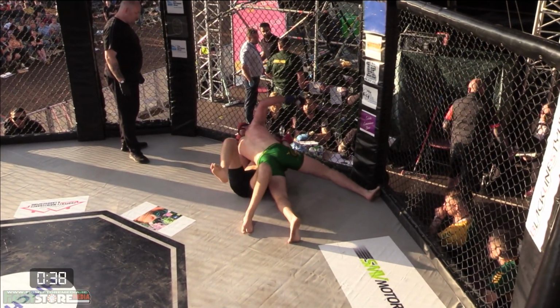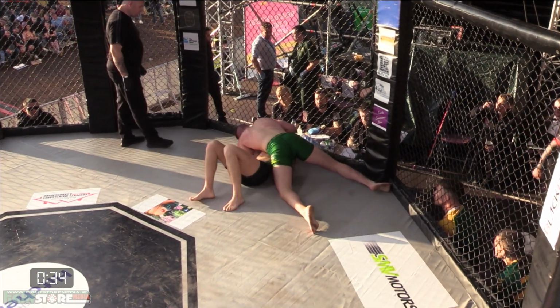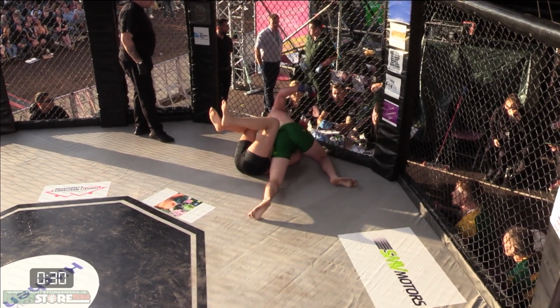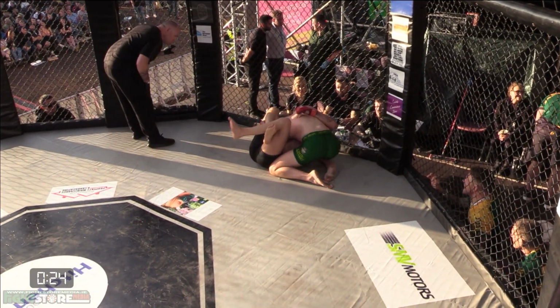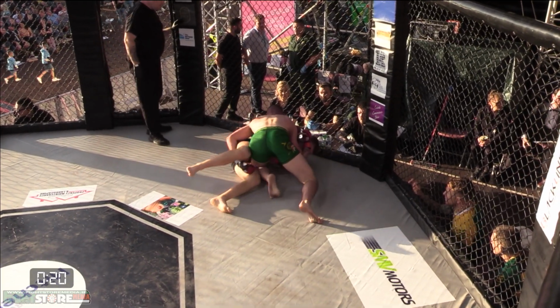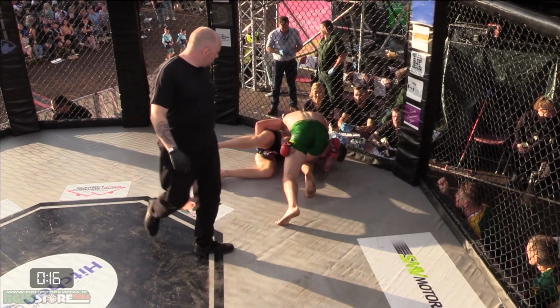It's almost as if he was trying to time one of those knees just to slip his own across, knee on belly and then into mount, but right now in the dominant position. Look at the landed shots here. He looks to be controlling the right arm, but again, Kain Tate attacking constantly. Yeah, Phil, he's trying everything he can here. Momentarily tried to throw that leg up, grab the shin and work from there, but